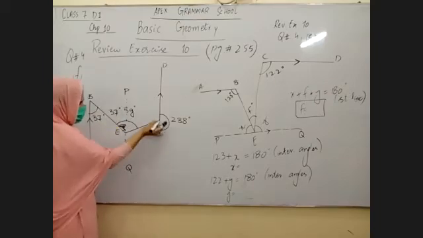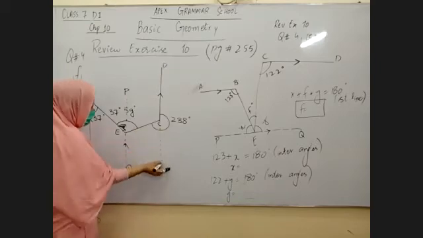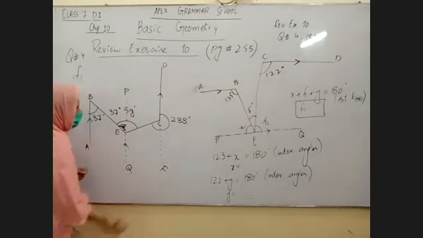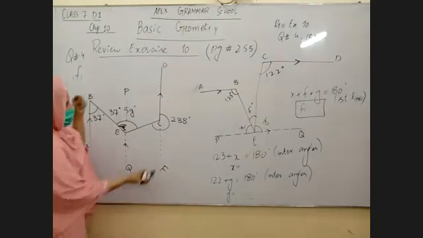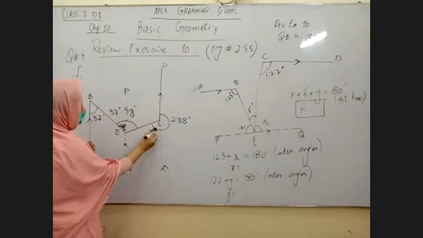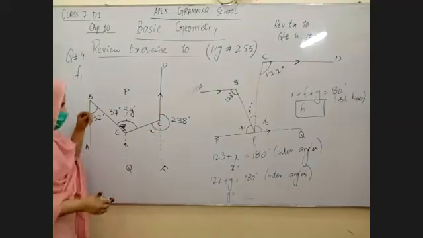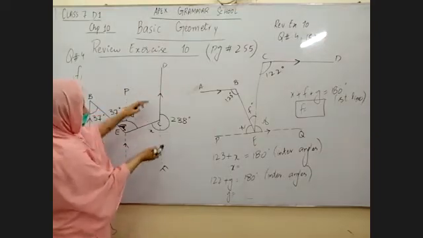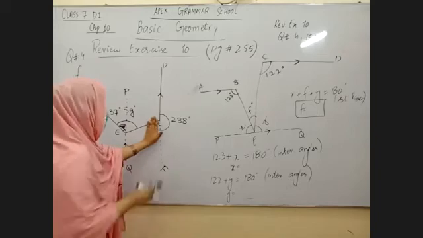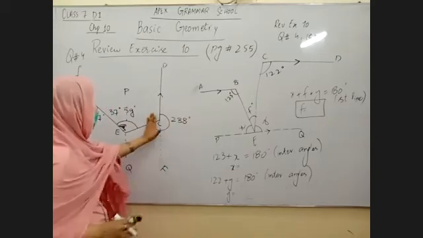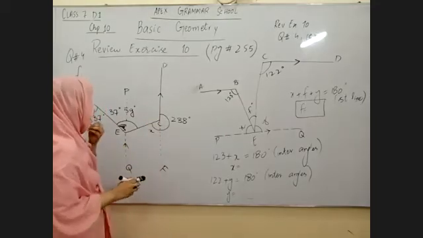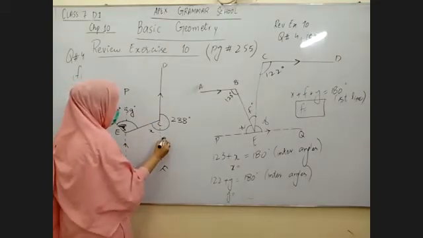Okay, if I proceed the line at point C, अगर मैं C को proceed कर दूं, ये E है, आप इसको F कह दें, F तक इसको proceed कर दें. You can see that this is a straight line. I'm going to name this angle as X. अगर आप इस complete angle में से X को minus कर दें, you will get a straight line. आपके पास आ जाएगी straight line. इसका मतलब है यहाँ से आपके पास equation बनेगी.